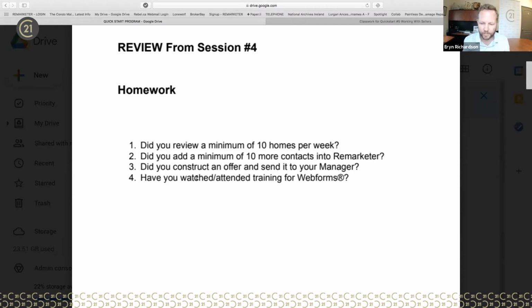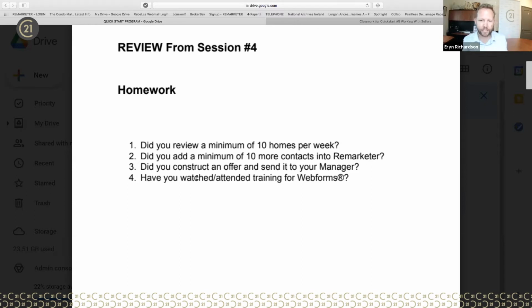The Remarketer system is our CRM system that organizes your contact list, sends out marketing features, which is things like last month's newsletter, as well as special occasions. You can do tasks in there, reminders, as well as our print newsletter program as well. But we cannot